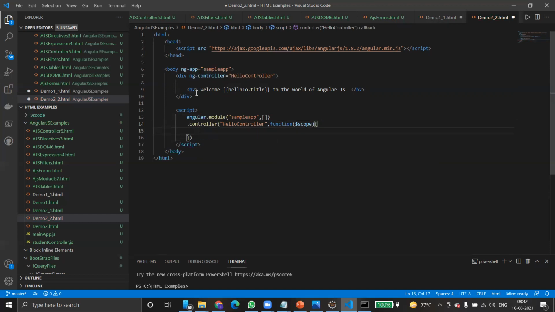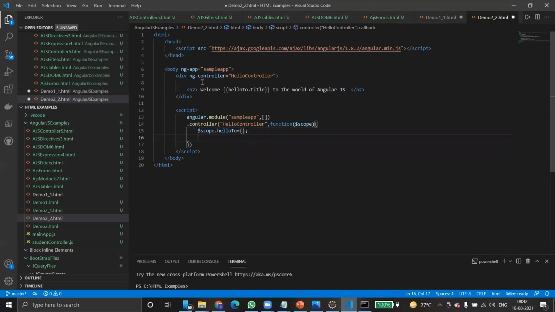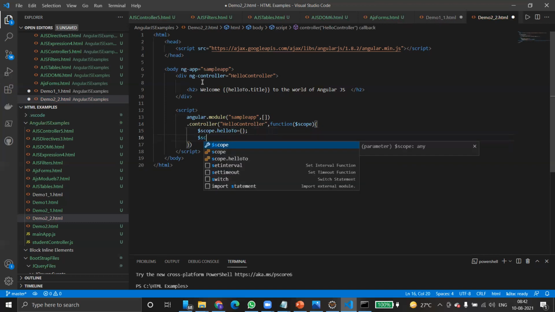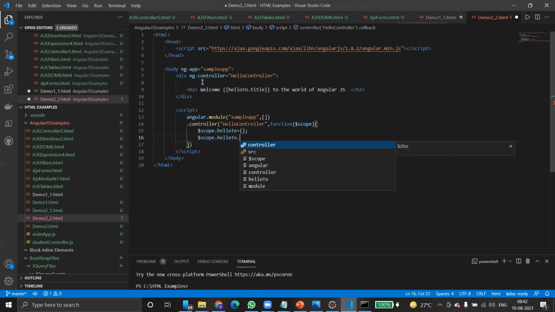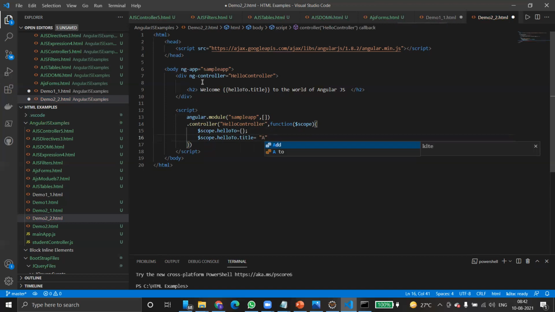Inside this scope, scope.helloTo equals, then scope.helloTo.title equals AngularJS. Done.